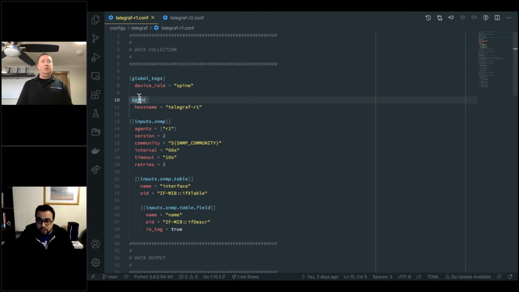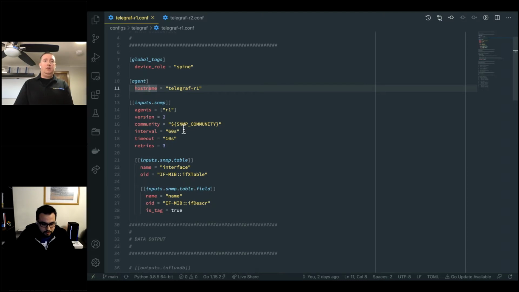Also, you have the agent component. The agent component is normally used to handle the configuration of the Telegraf instance per se. So in this case, I'm just statically setting the host name of the Telegraf instance to Telegraf-R1, because by default these are containers, so they would use the container ID in the metric. So in order to make it more meaningful, when I do queries on top of this data, I'm specifying the